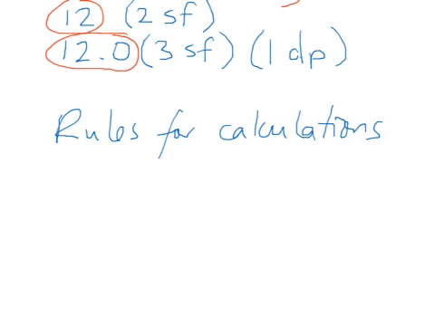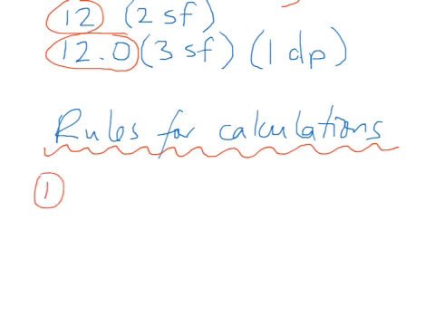Two main rules. We're going to underline this with a nice wiggly line, because wiggly lines are easier to make look tidy, and it's hard to be tidy at the best of times here. And rule number one, if you're multiplying or dividing,